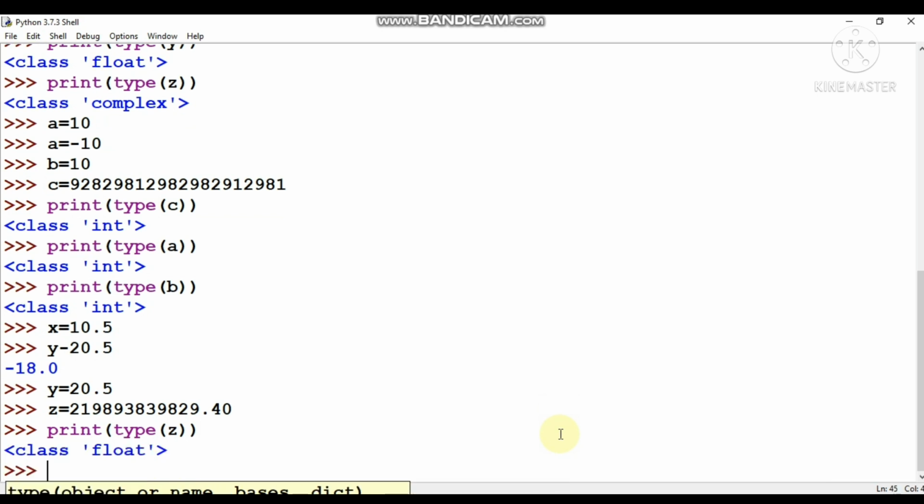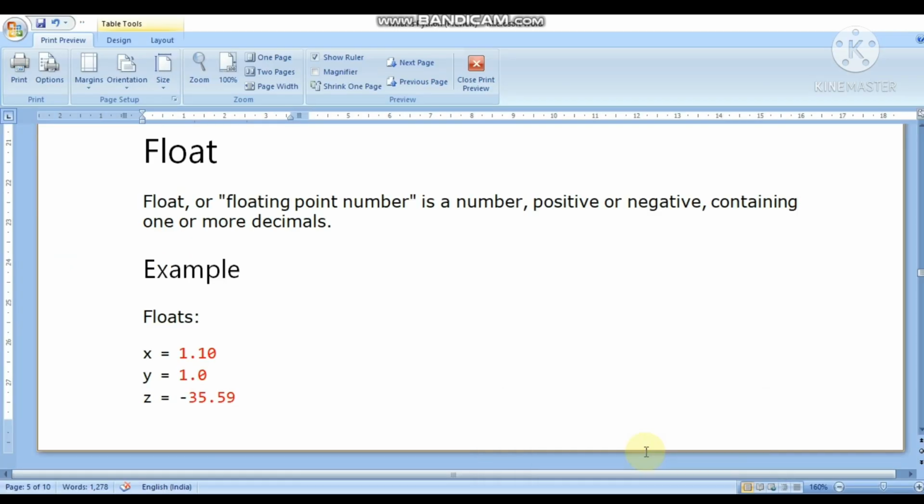The same way when we check it with y, x, the type will be float. So one thing I want to make clear to you: int and float data types can hold any length of integer value or any length of float value. They can hold negative as well as positive values. So now moving to the next part.